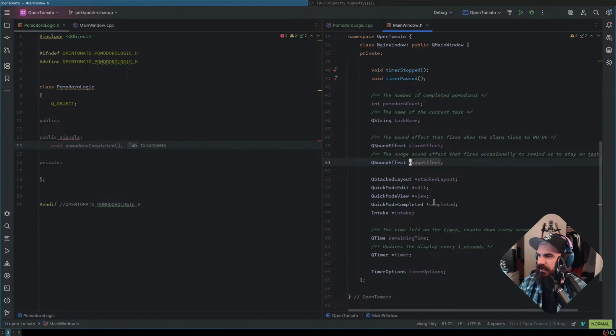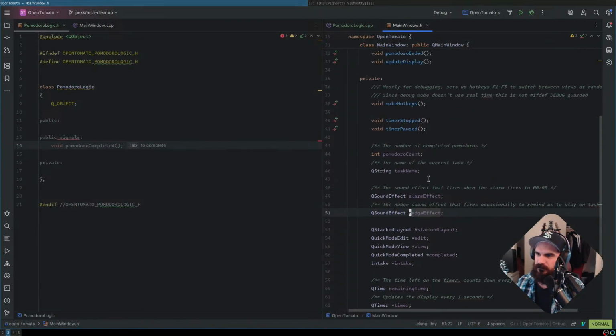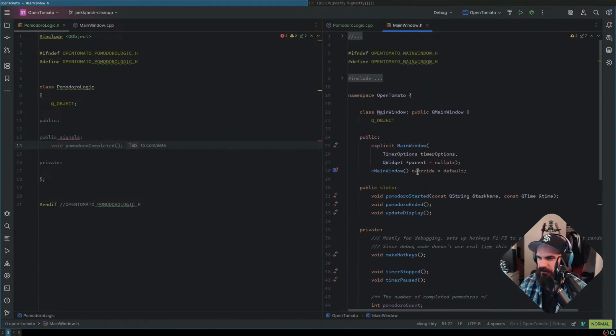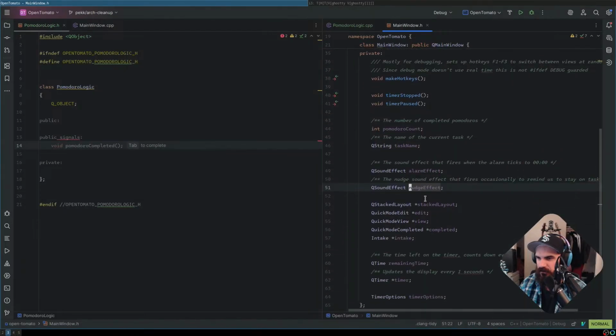Got to keep up with the standard and use smart pointers. Yeah, I just saw that the other day. I was like, what is this? And Qt has a thing too. There's like QPointer or something like that, which I think is compatible with smart pointers. But smart pointers are in the standard library, right? It's like std smart pointer, I forget. I do need to get up to date with the standard though. But this is all stuff that's coming out as I'm working on this, which is great.